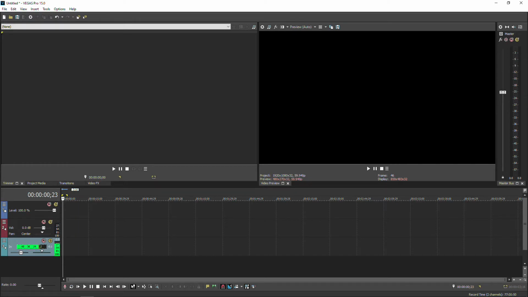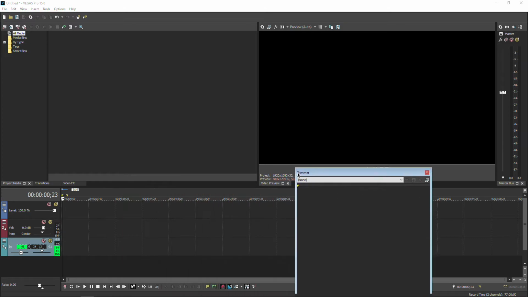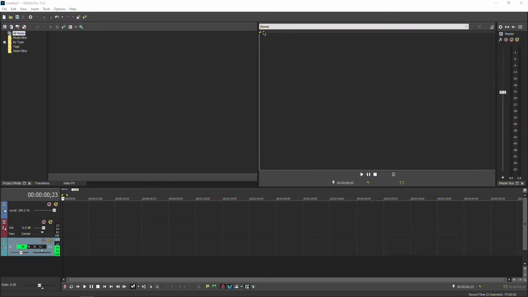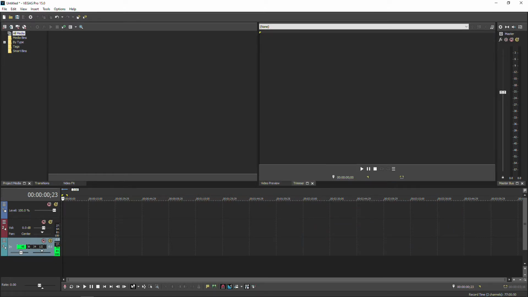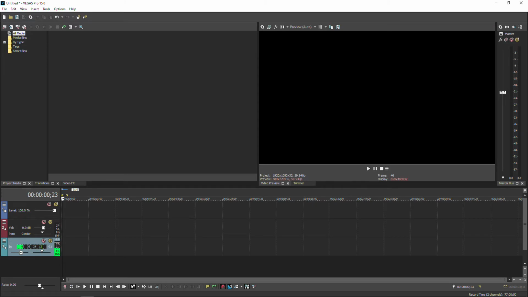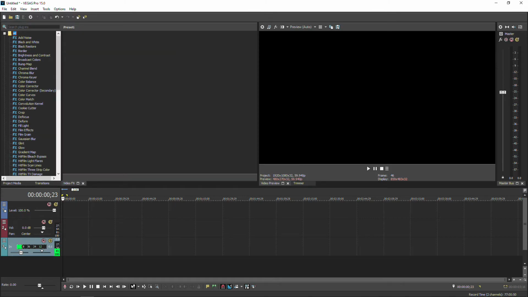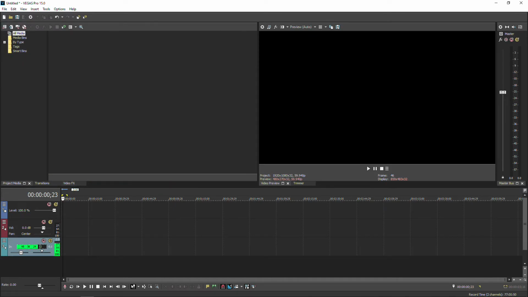The trimmer also needs to be with the video preview. So again, Ctrl, left click, drag it, just like this. Left click again, and it's all good. Right now you have the transitions here, all the things you need, and this is basically it.